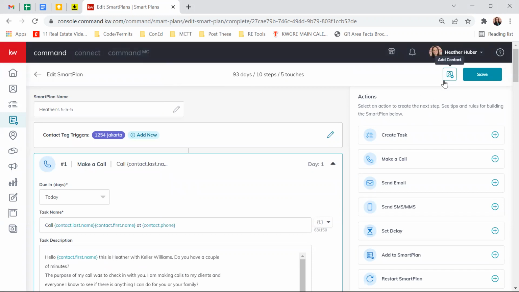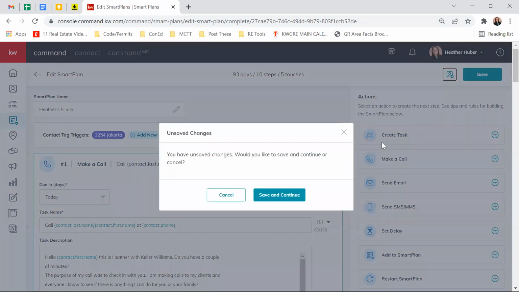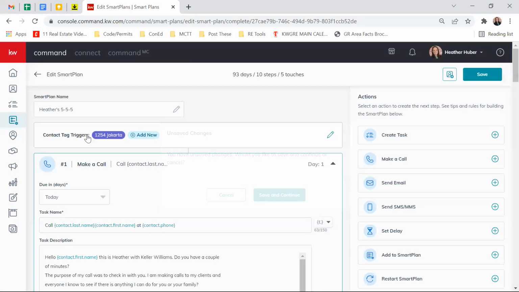Another thing you can do is just manually add people, with this add contact. Honestly, I use this quite a bit if I'm running a Facebook ad. Facebook leads are not always the most valid leads because you get a lot of people who just want to click and see what it is, or they put in a false email, or different things like that. So it's kind of a longer term game that you're playing with those. But when I do run Facebook ads, I will have the Facebook ad automatically add a tag to them,